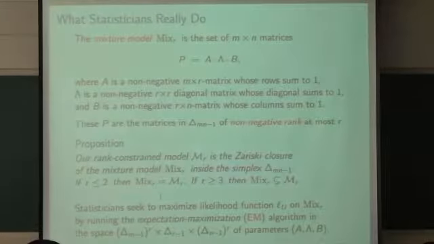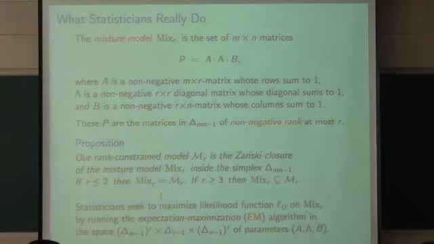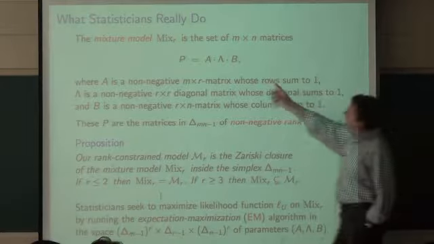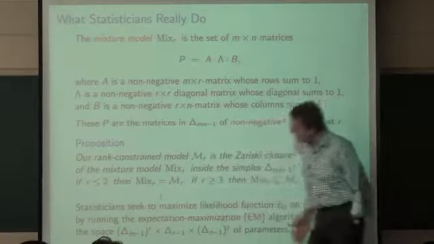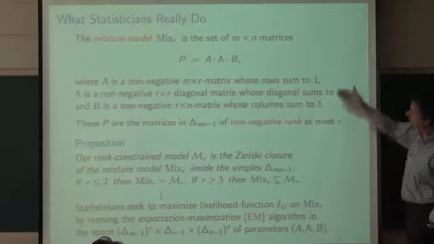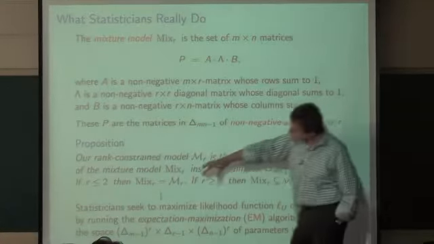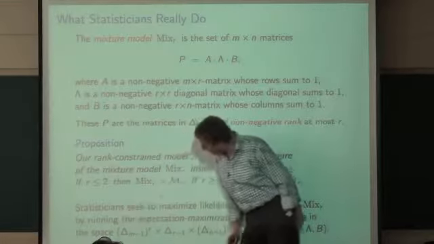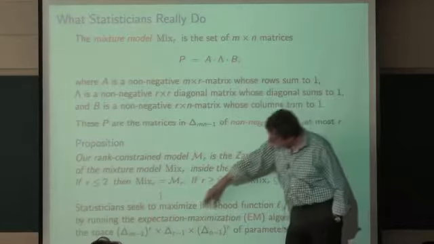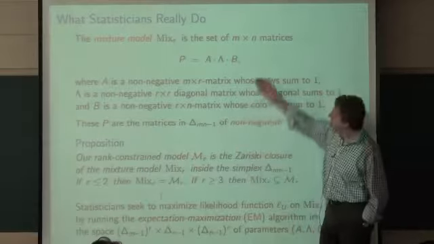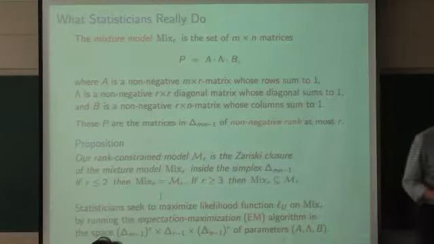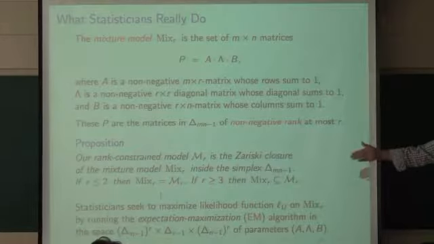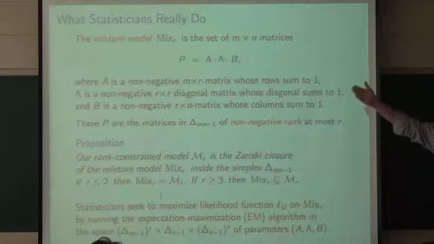The other thing that statisticians do, they really work in the parameter space of the parametrization. Right? So this parametrization, what does it say? It says we have a parameter space, a product of convex polytopes. So A gives us a point in this polytope. Lambda gives us a point in this simplex. B gives us a point in that simplex. So we have a map, an algebraic map from this product of simplices into a large simplex, and we're interested